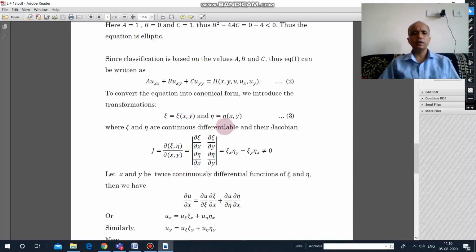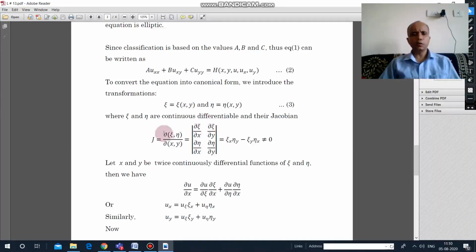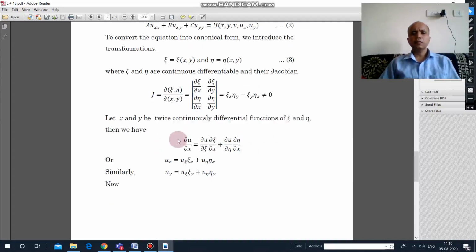Now suppose we have introduced the transformation xi and eta, so that we can transform xy into new plane xi and eta. So as I already told you, this is a Jacobian, and this value must be not equal to 0, and this is the first order derivative. Now look at this. Now u is a function of xi and eta, and xi and eta are functions of x and y. Therefore, whenever you find the derivative of u with respect to x, it means now you have to go through